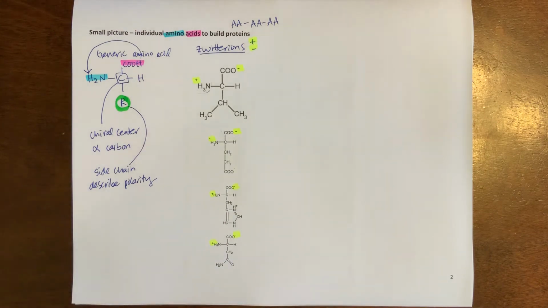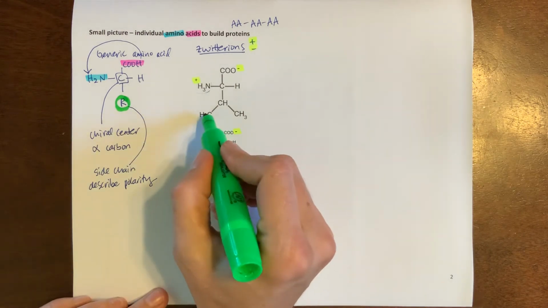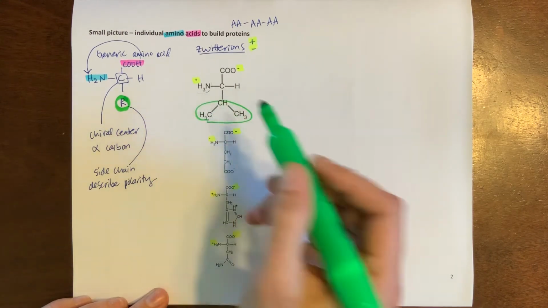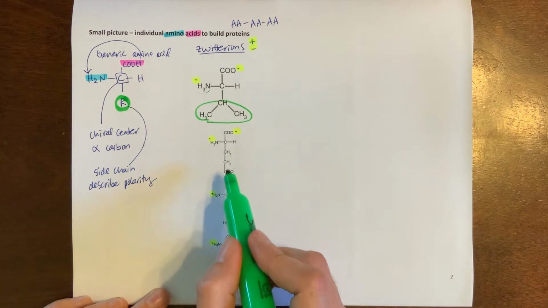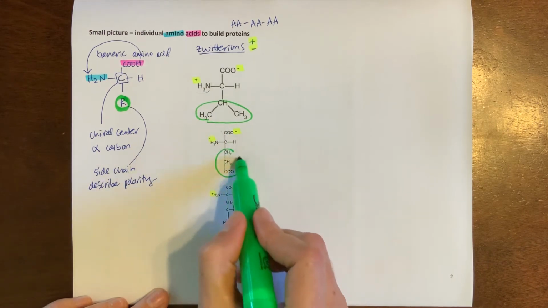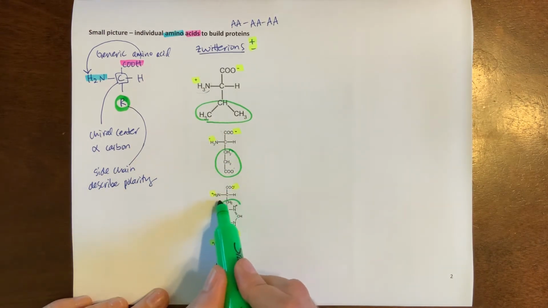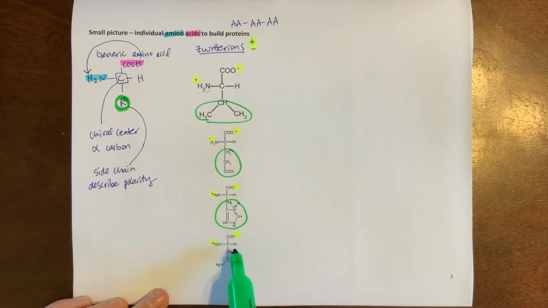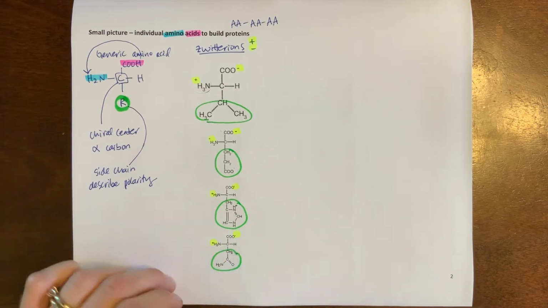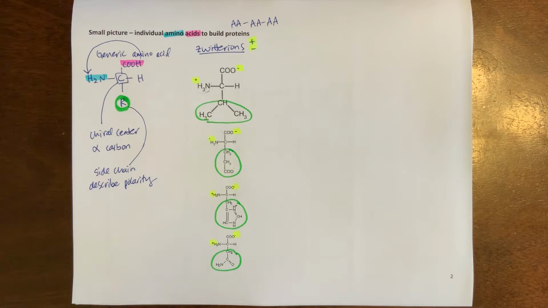It's a little bit different than what we've done so far. As I look at this, I want to find the side chains, the non-backbone piece. So here's the backbone, here's the side chain. Here's the backbone, here's the side chain. Here's the backbone, here's the side chain. And we want to be able to describe those side chains, again, as polar or nonpolar, and also if they're